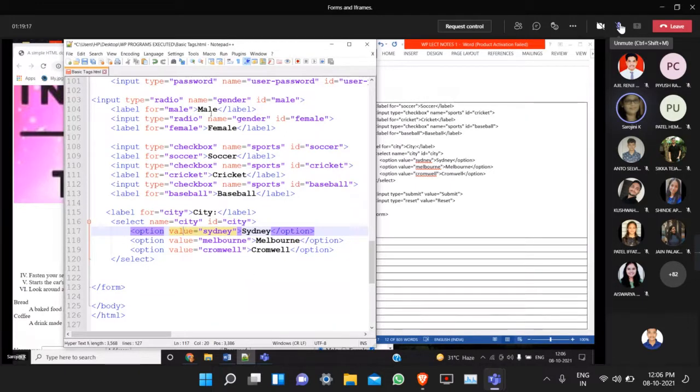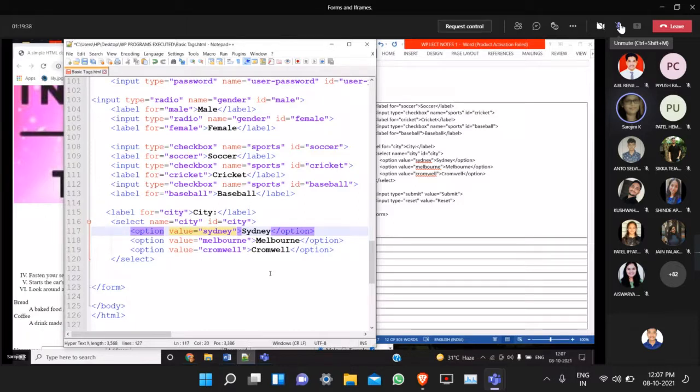Suppose this form had been filled by me first. I would have selected Sydney as my city. Then it would be registered. It would be filled by Ajil also.